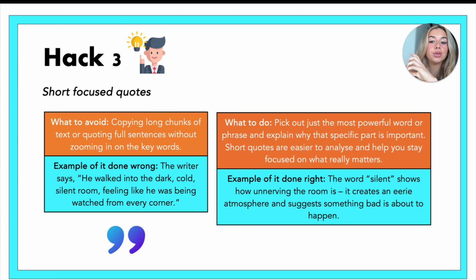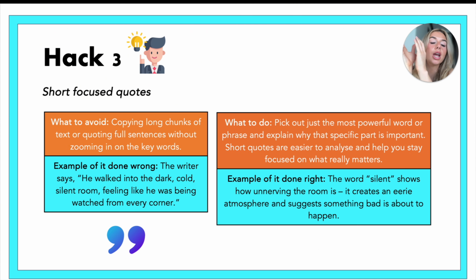Now, if you did want to use, for example, this longer quote, and you're like, but I actually wanted to use quite a lot of it, you can use an ellipsis. So you could say, dark, cold, silent room, ... watch from every corner. So you can use the ellipsis to summarize it. And that's a really easy way for English language, just embedding in the quotes, making sure that your techniques are not technique spotting. But one of the most important things for English language is having good structures, because of course